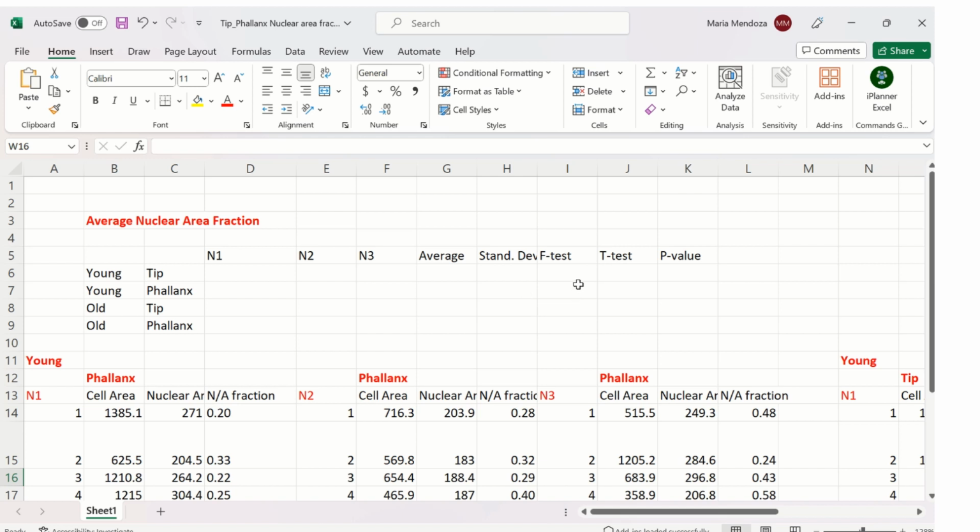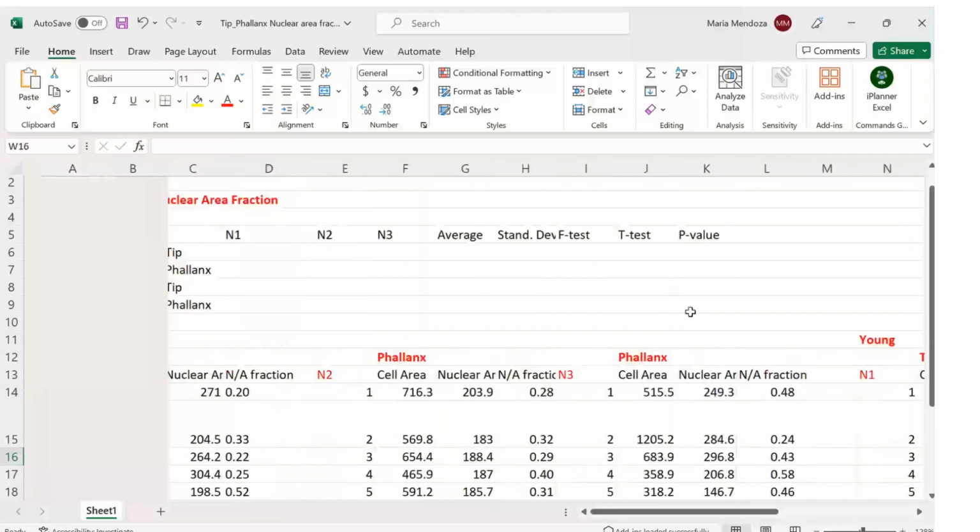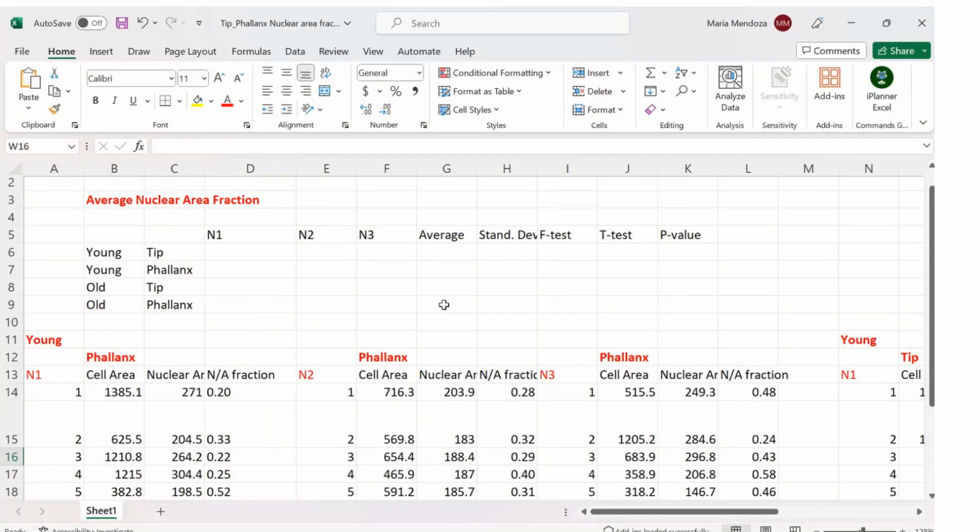Then you perform an F test. And the F test will tell you what kind of t-test you need to do, so if you need to do a type 2 t-test or a type 3 t-test. Once you're done getting all of your data, then you go ahead and get your p-values. So down here is where I've organized all of my stuff, and you guys are going to do the same, and I want you to do 10 images per